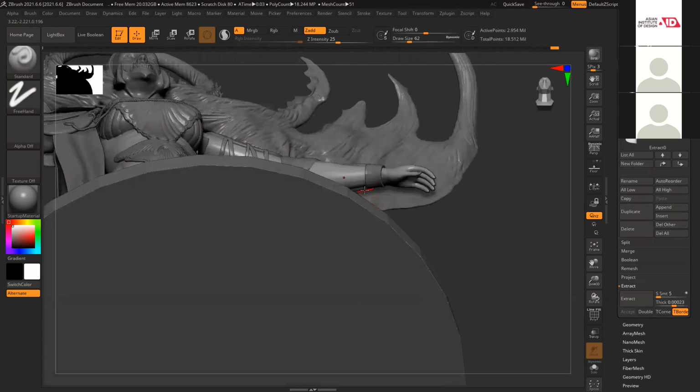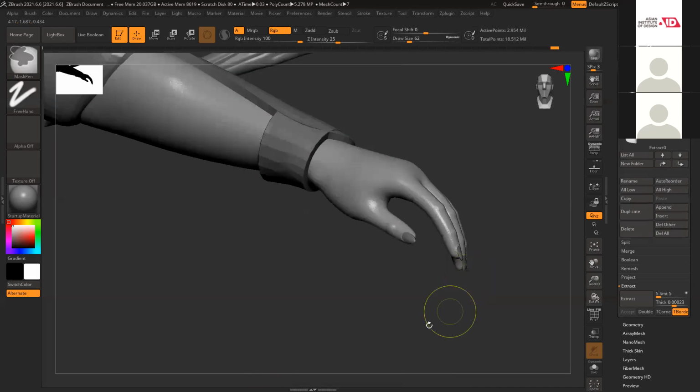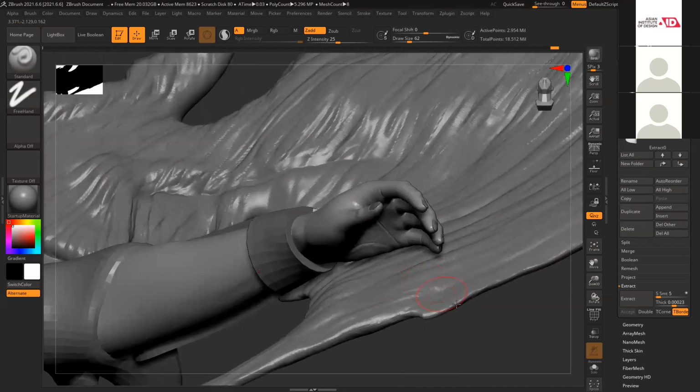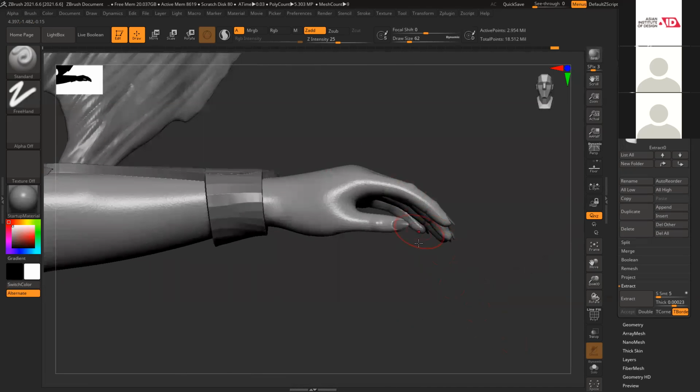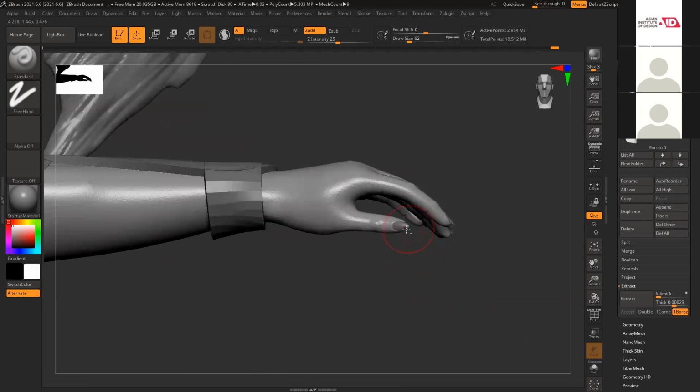Not visible. There is no point. So at least my fingers, I have little detail from the side. I can see everything. But now there are no nails.